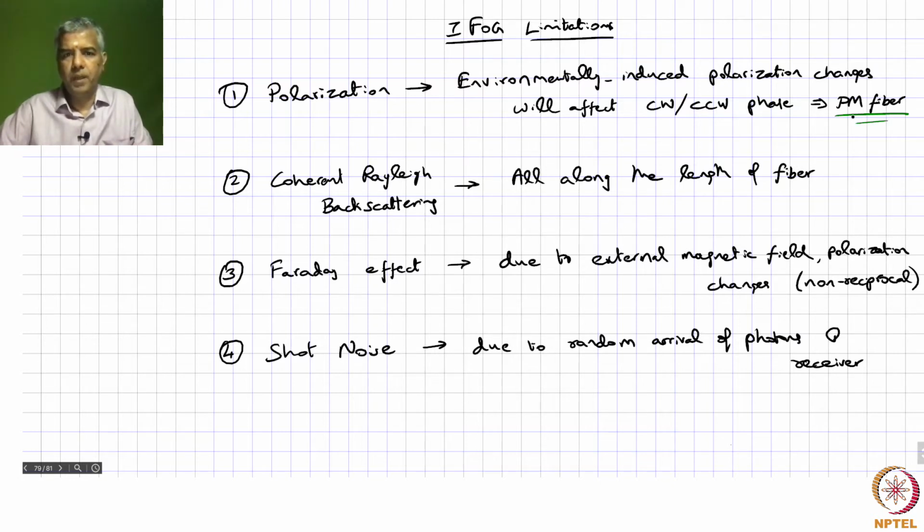And then we also looked at the Faraday effect, which is a similar thing in terms of the polarization of the light changing because of an external magnetic field, and that happens even if you use a PM fiber. To reduce that, what we essentially have to do is